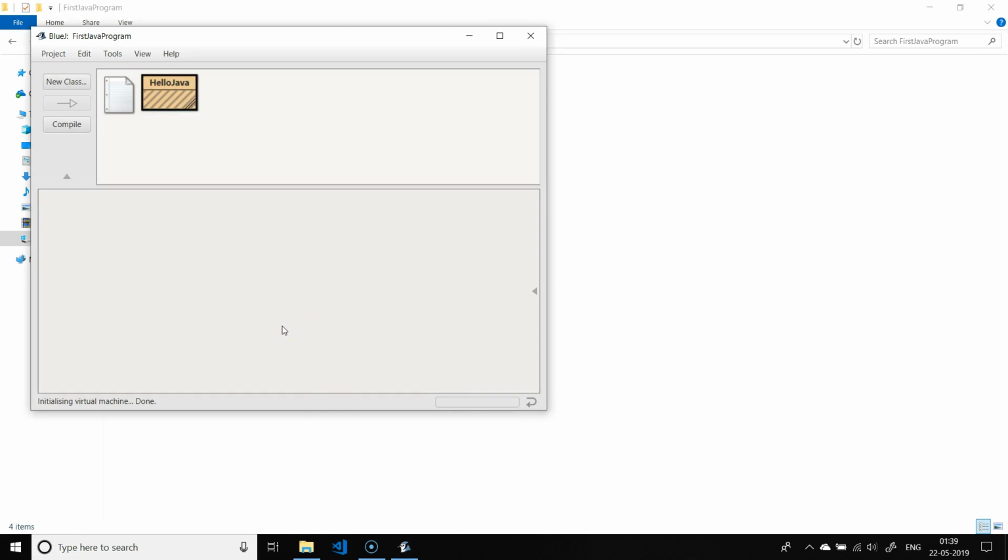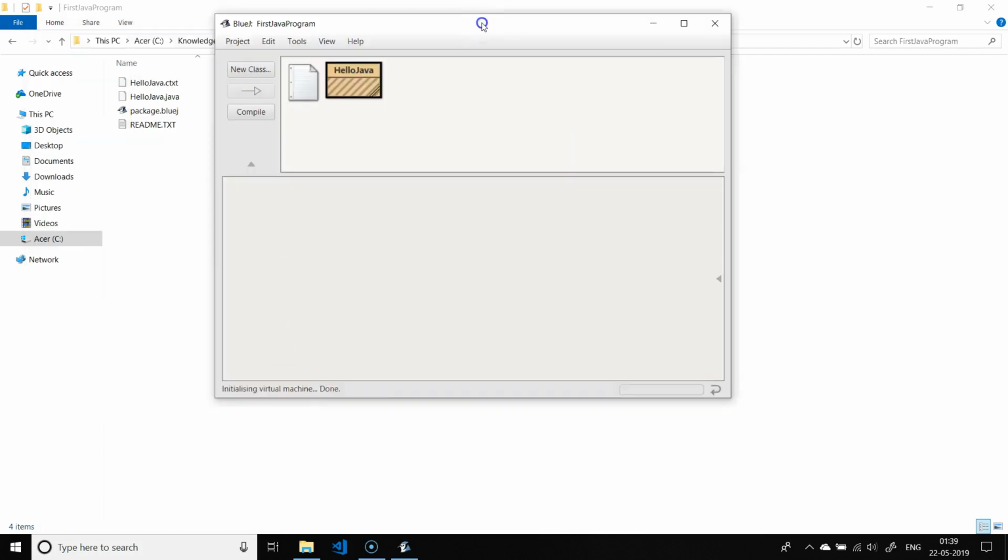Wow! The stripes are back on the class icon indicating that Hello Java is not yet compiled. I deleted hellojava.class file. As BlueJ is not able to find the bytecode, it is rightly indicating that the class is not compiled. Let's compile it now and also keep the project folder opened in File Explorer.